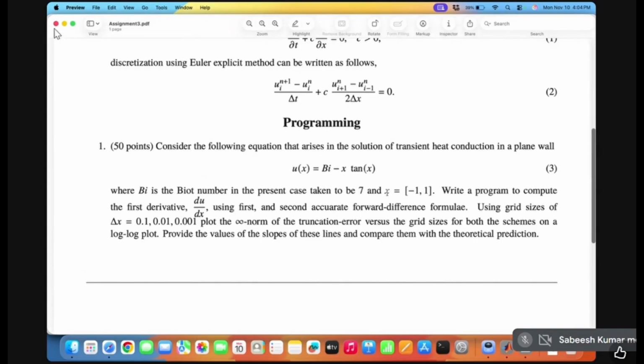Part we have, I've given you a simple function that is